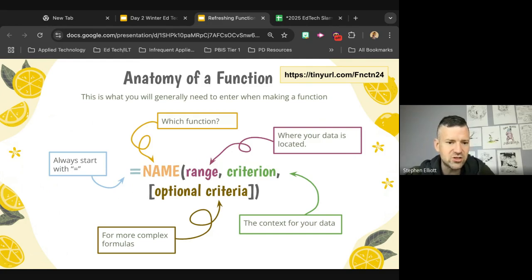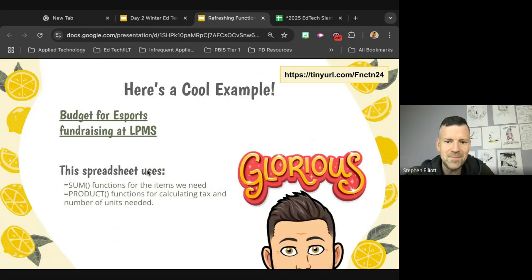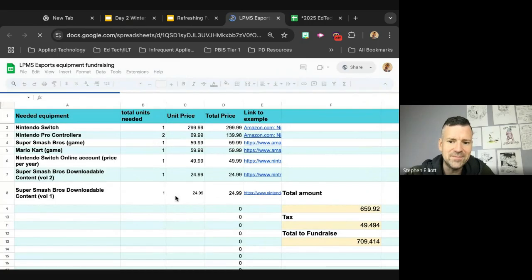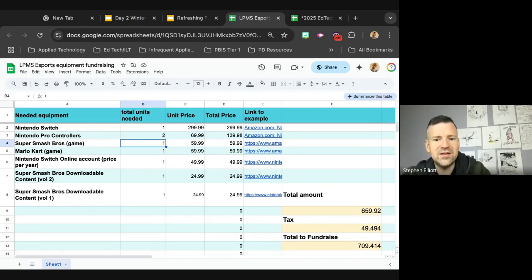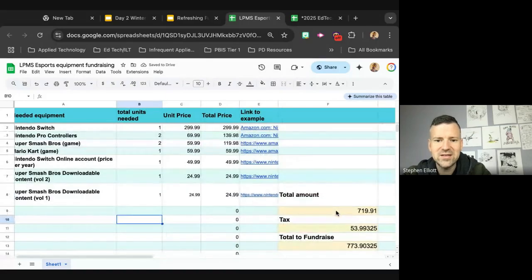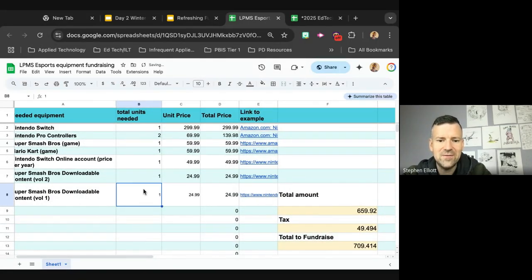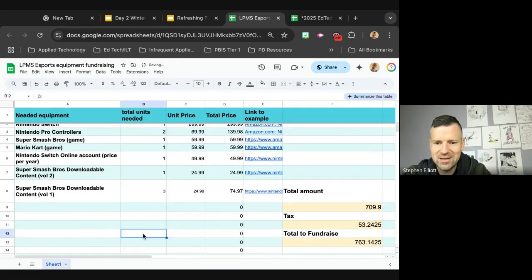All of this stuff is going to show up in most of the functions that we use today. Here's an example, and this is the example that I showed you in my SLAM, except this one has everything completed and ready. So for example, if we needed 2 Super Smash Bros. Games, this would change the amount that we needed to fundraise. We do not need that, so I'm going to put it back. If we needed 3 copies of the DLC, it would change automatically. You can see all of this stuff changing over here. You can play with this yourself